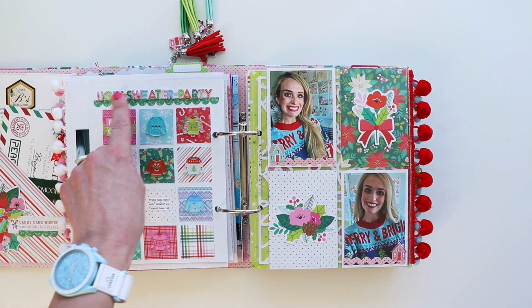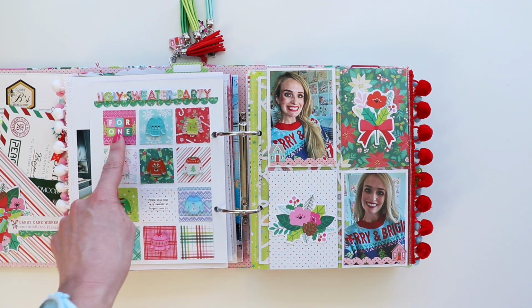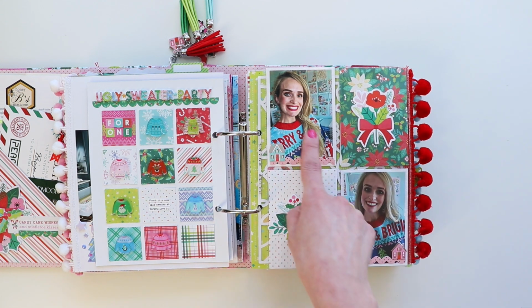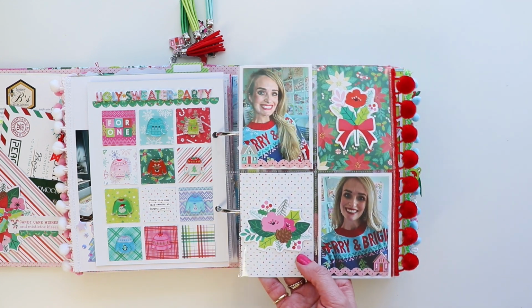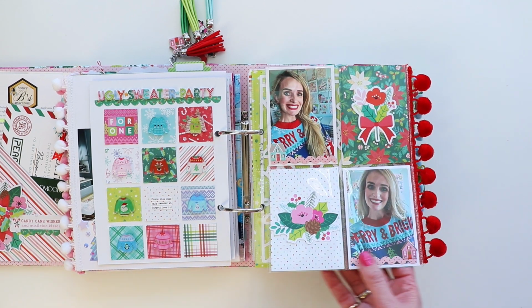And then this title originally said Ugly Sweater Party. Then I came in and added 4-1 because we didn't go to any official Ugly Sweater Christmas party, but I did find a really cute ugly sweater at Target this year. They had a whole bunch of different styles. This was my favorite, so I bought it and wore it while I was teaching for the Scrapbook and Cards Today Crop and Create